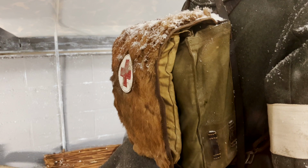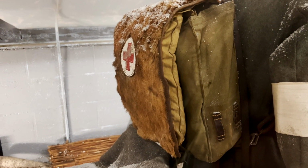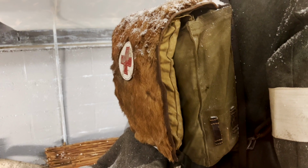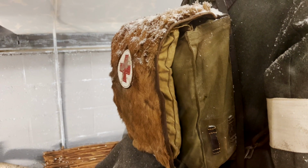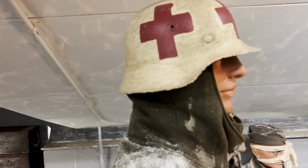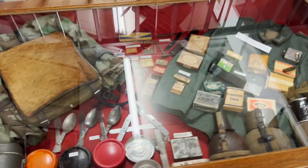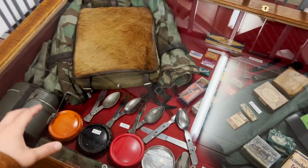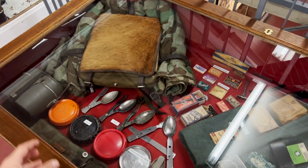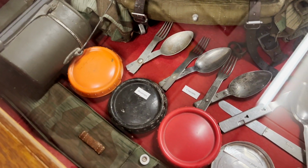When it's original, it's very rare and expensive, probably about €1,000. It could cost more than $1,000. White helmet with medicals, and 2 light wounded soldiers. Here on display we can see personal belongings of German soldiers, like a fork and spoon, a special combination,